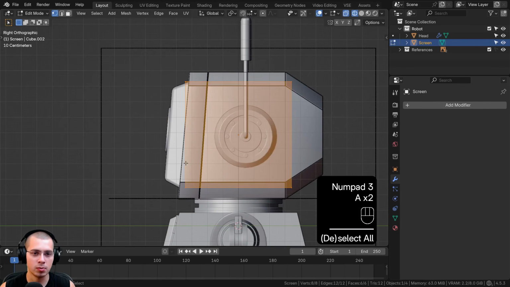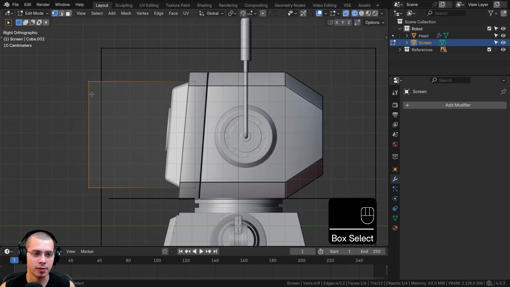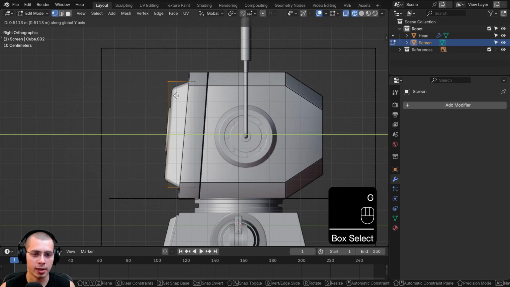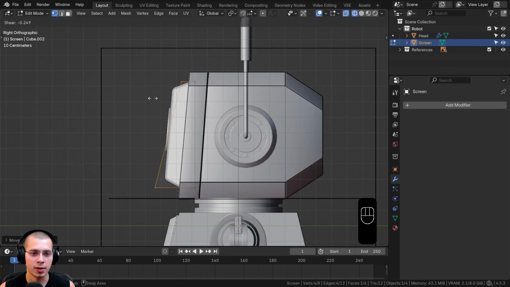Let's go to side view. We're going to select everything and bring it forward like that. Then we're just going to box select the front and bring it back on the y-axis. Then we're going to hit F3 again. We can click on shear because that's on the top because we just searched for it earlier. So we'll click on shear, and then I can move my mouse and just shear it and place it right